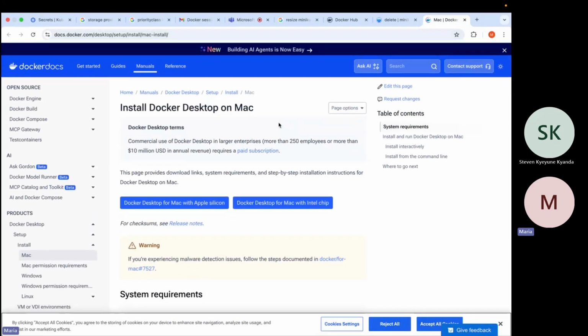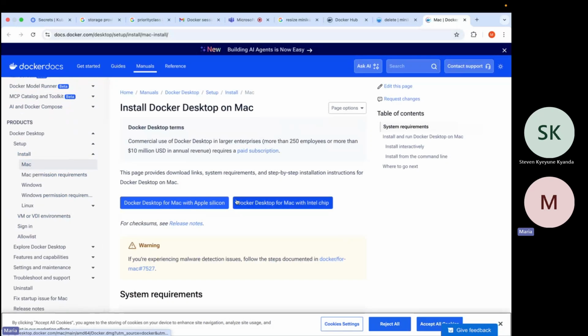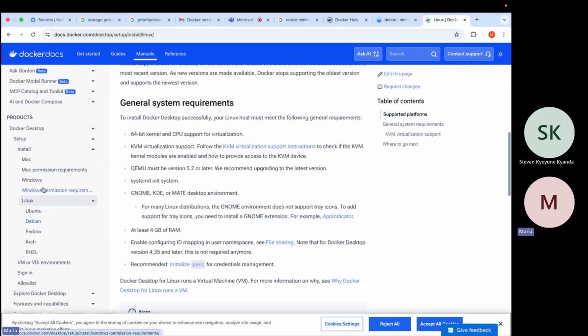And if you go to that site, you will see a list of steps that you could follow based on your operating system. So for those on Mac, you could select one option, whether you're using an Apple Silicon, an M1, or an Intel chip. And for those on Linux, there are also instructions tailored for that.